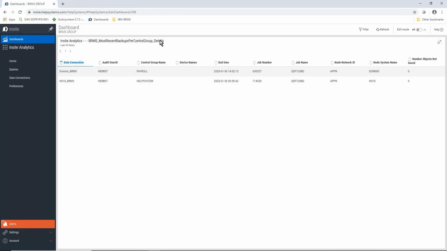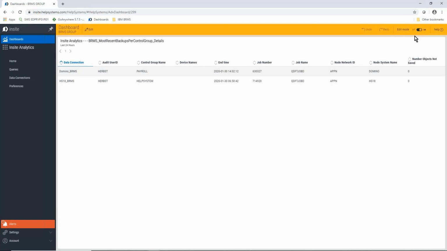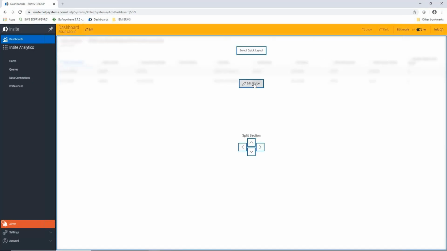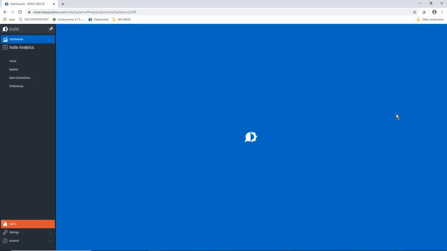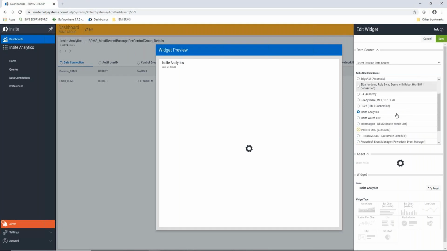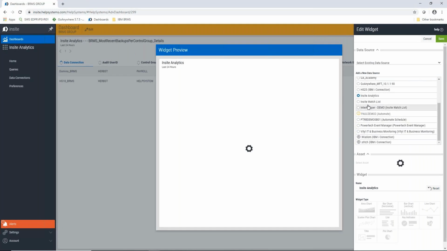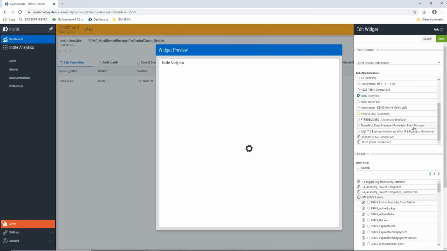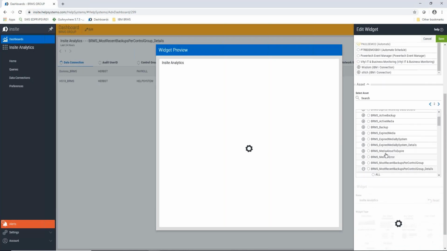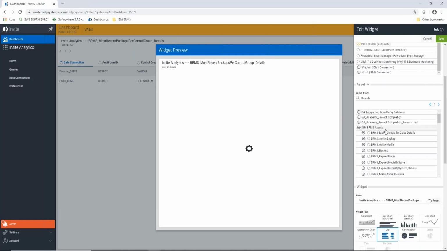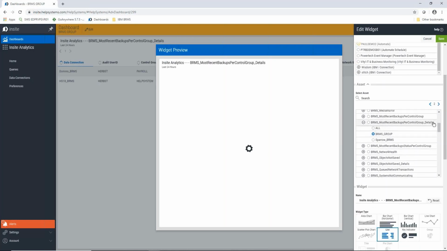Okay, I have a group dashboard that I created. This one only has that one query out here, right? Just kind of a work in process. I just kind of went out and grabbed the group. So if you look at here, I'm going to do the edit on this guy. And you'll see again, Insite Analytics is our data source. Scroll down to the asset area. I have a wheel mouse, so that's what I use to roll down. And under here, I'm using the